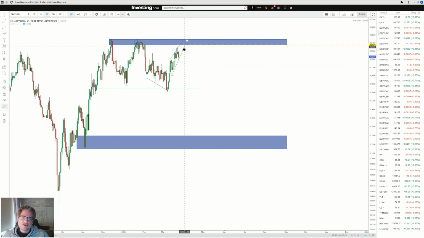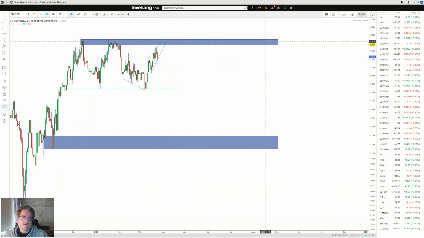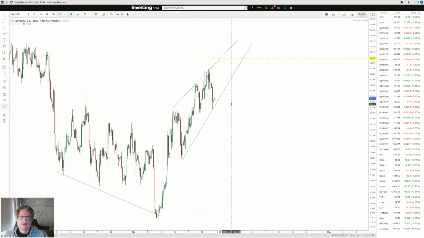also, and I'll be waiting. I have an alert here at this level, so if price, I think price will go a little bit higher, and then when it's around here I will be looking for some shorts. It's a little bit more clear on the 4 hour, so if we look at some refinement on the 4 hour,